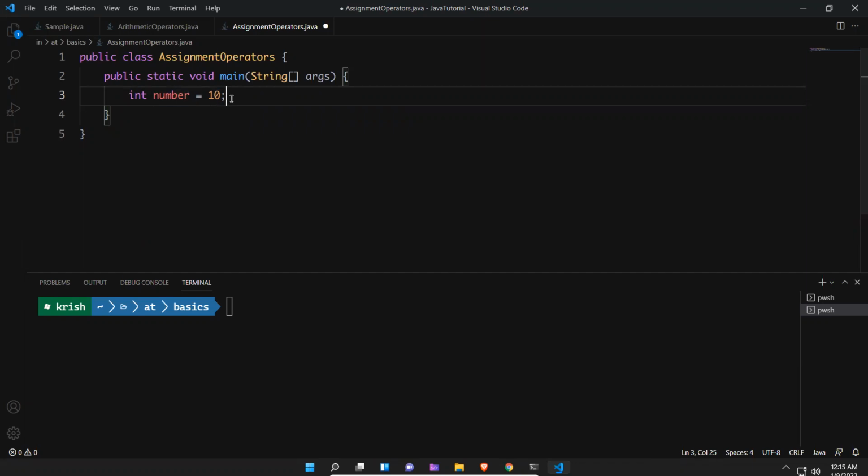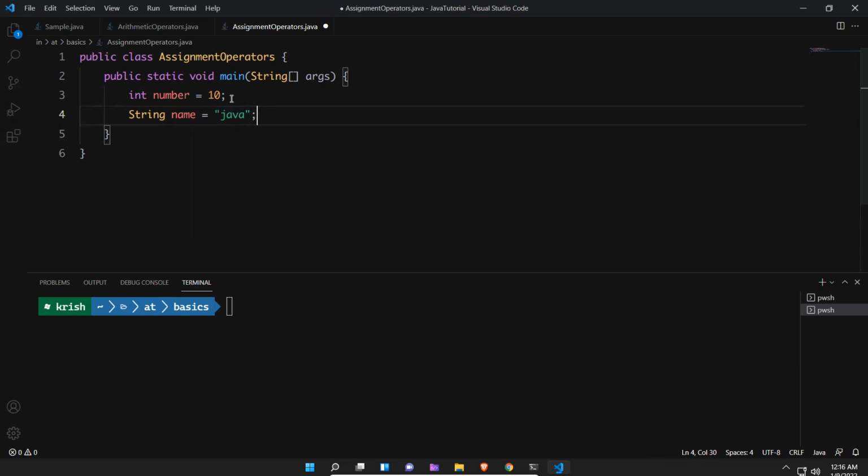And the same way, String name equals Java. We did not discuss strings in detail, but we will in upcoming videos. For now, a string can be represented between double quotes.